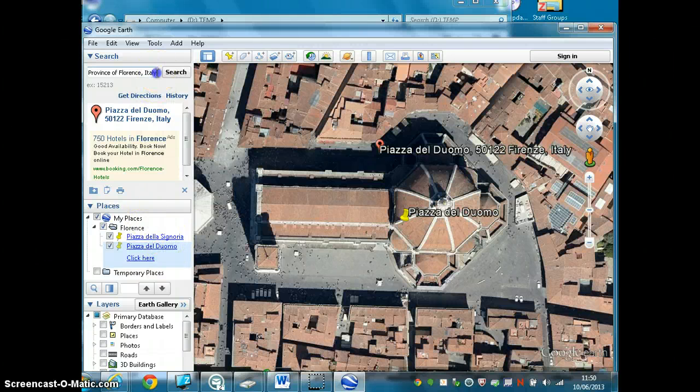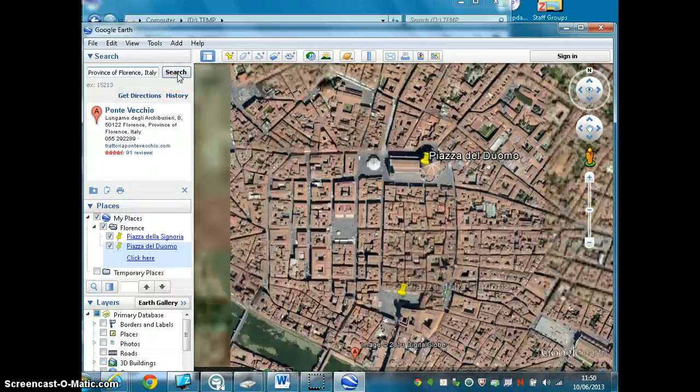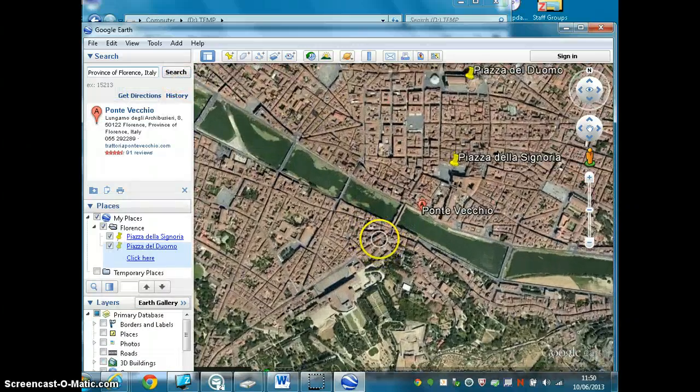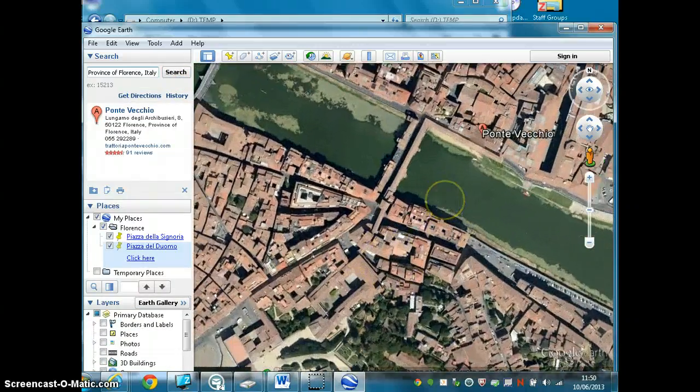We're going to add a third place mark now, and we're going to go to the famous bridge in Florence, called Ponte Vecchio in Florence. I'm going to search for that, and here it is. This is the famous bridge down here,